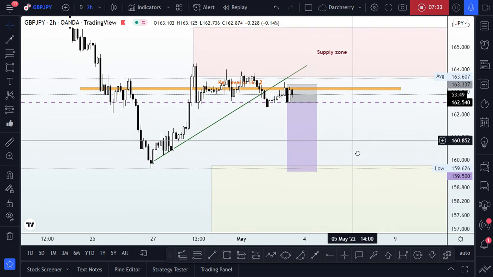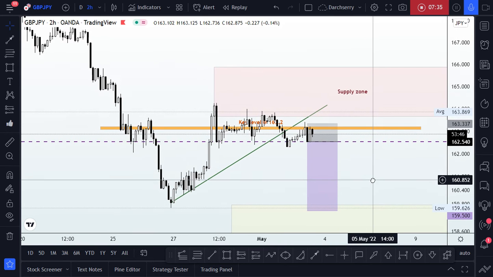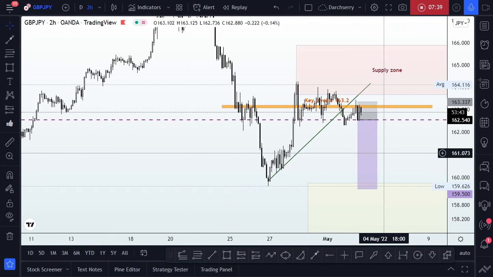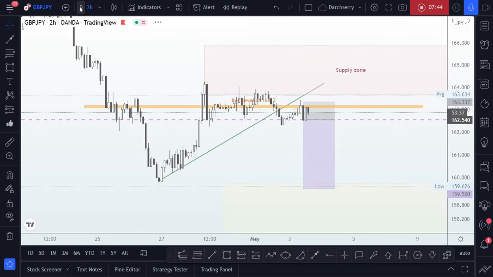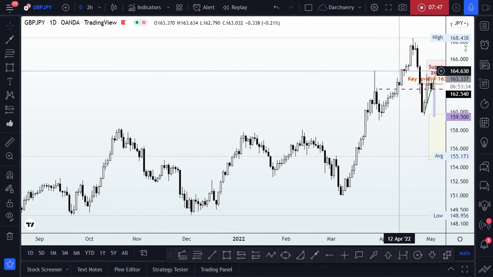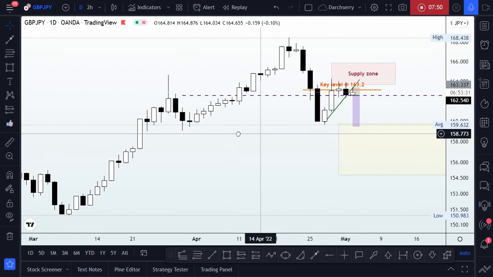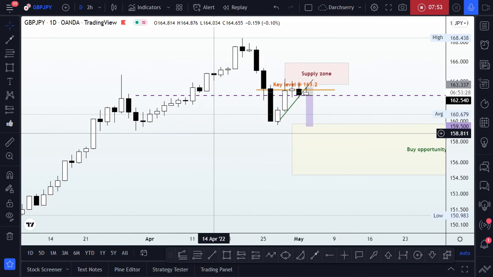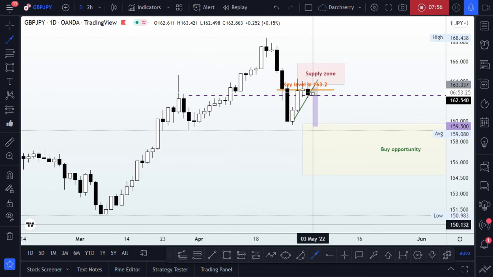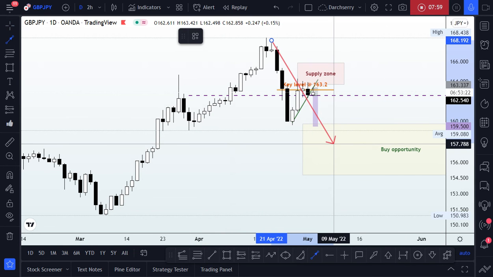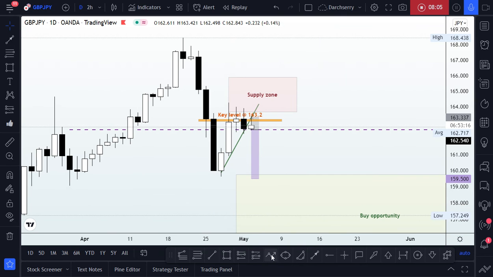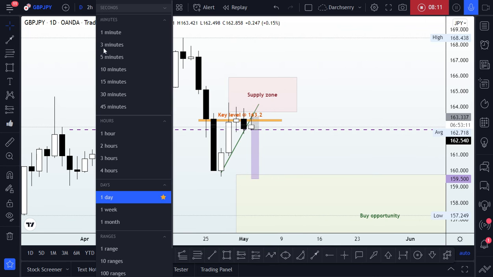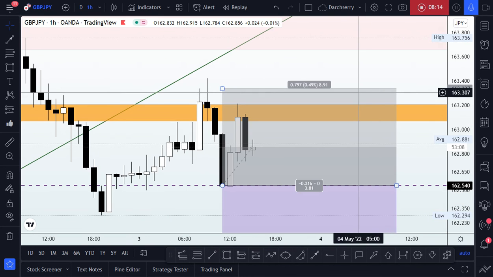So I'm actually looking at 50% retracement of the bullish impulse like we saw on the daily time frame. If you remember, let me bring back our daily time frame so we can see. So this is what the daily time frame looks like, and I said we're looking for a retracement into this buy opportunity zone, which is a counter trend opportunity, after which we can actually see if price might go further down. But as of now, we want to be looking at around 300 pips take profit target,